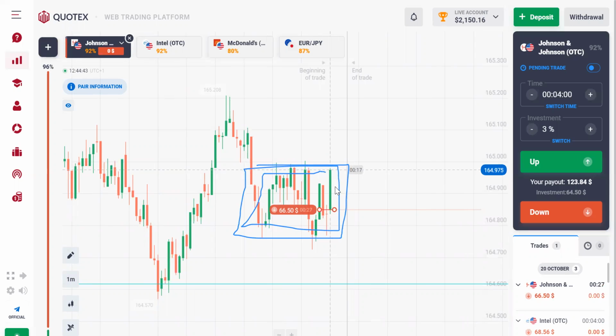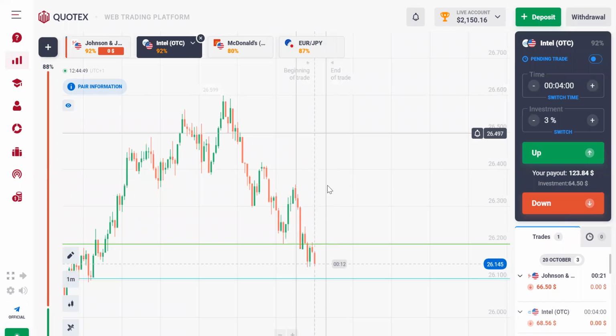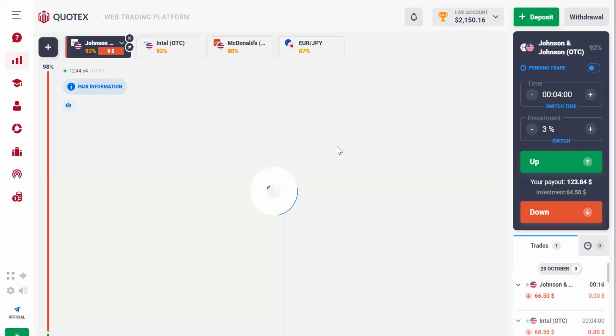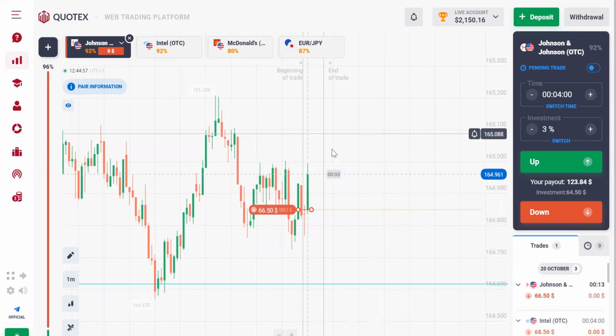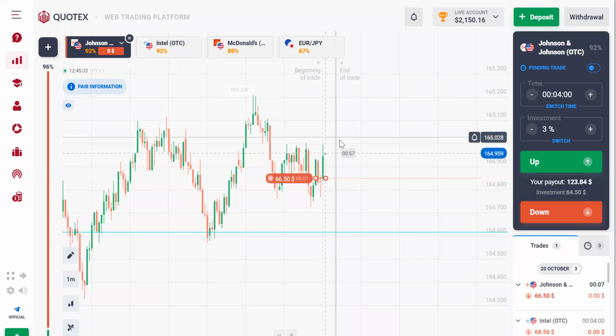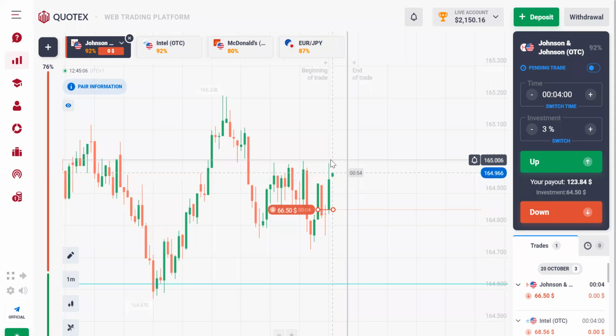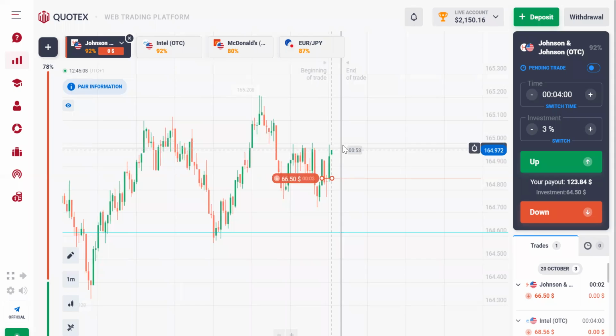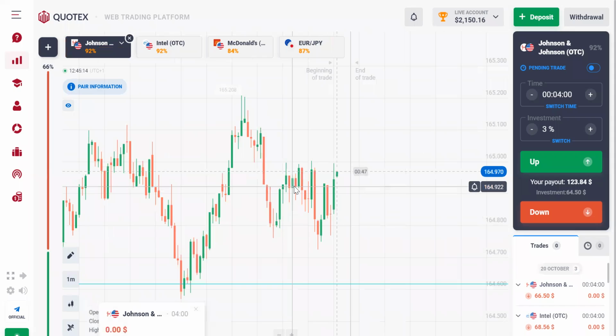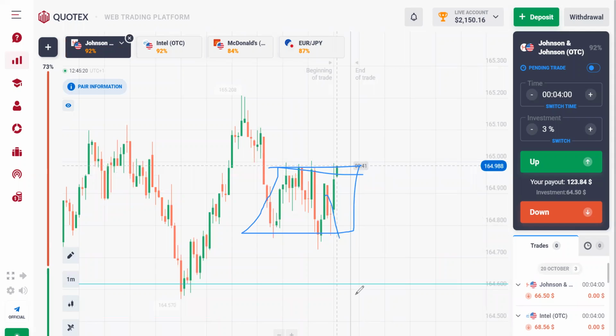Let me see what the markets are doing. Okay, that's a fair loss. I'll take that one. We'll look out for another good trade. So let's wait for another good trade. You can see the market condition is not clear enough. If this was a good market, we would have seen a good downtrend. If it was a buying market, we would have seen a good uptrend. So that's a fair loss.